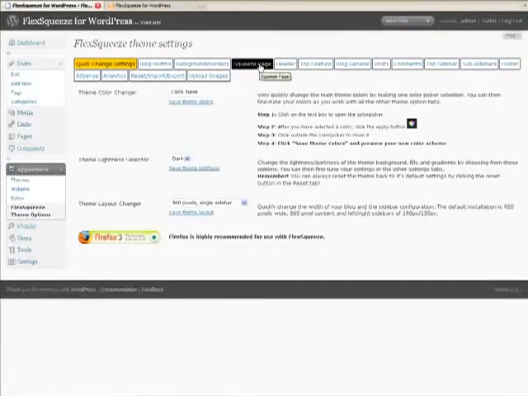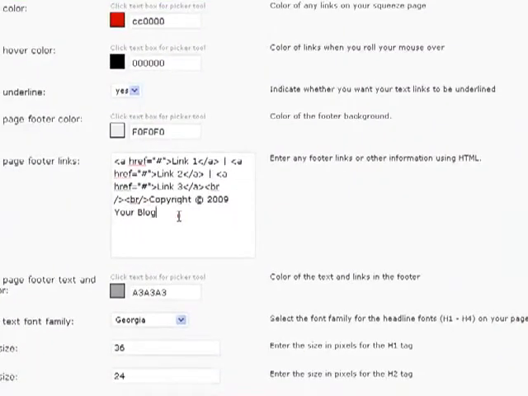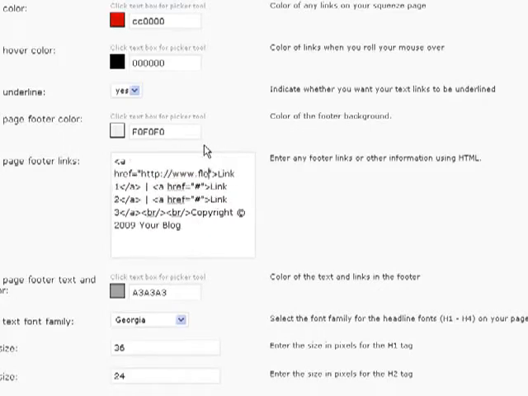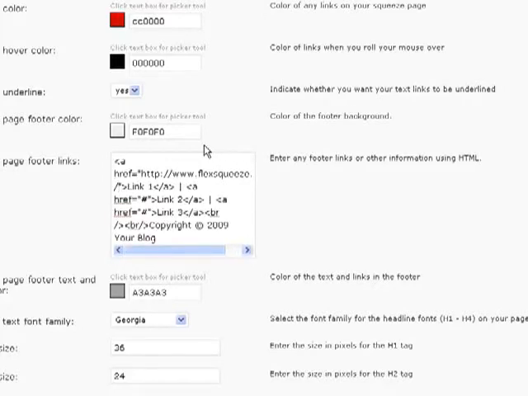Now what we want to do is jump back into our squeeze page, and we're going to go under the squeeze page tab in the options, and we're going to add the links at the bottom of our squeeze page that will link to the other pages in our site. So the code is already here with some dummy links, and all we need to do is type in the address to our pages, which is our domain name, front slash, and then the name of the page,